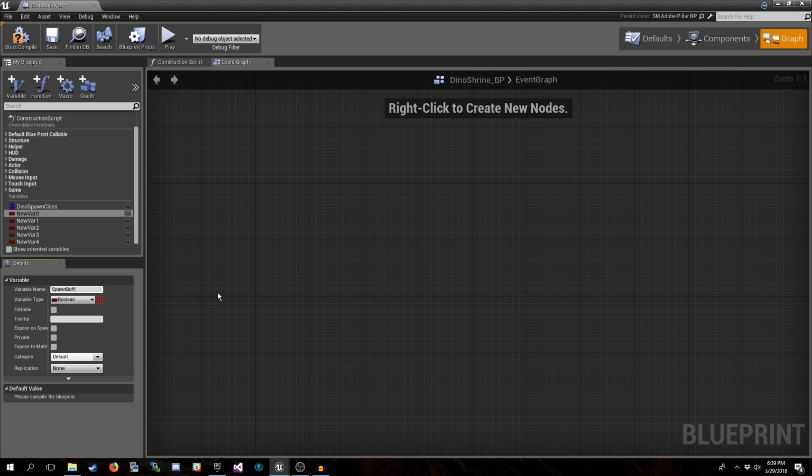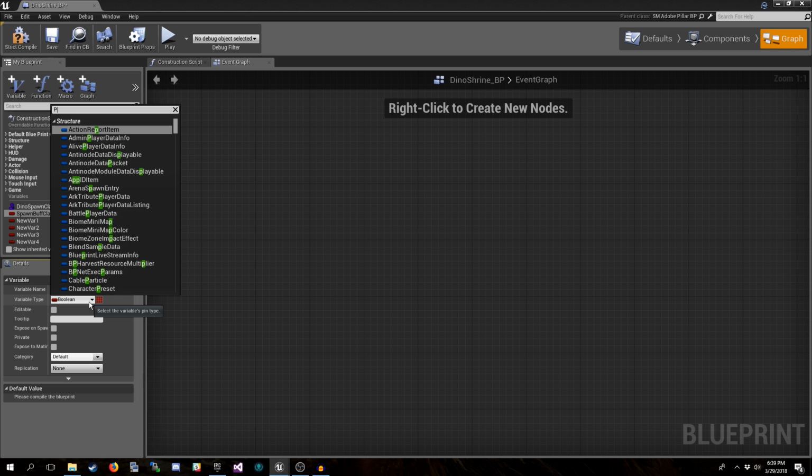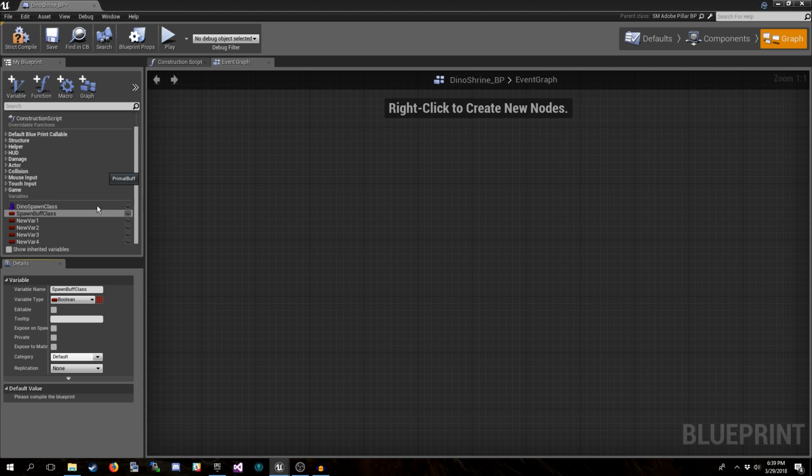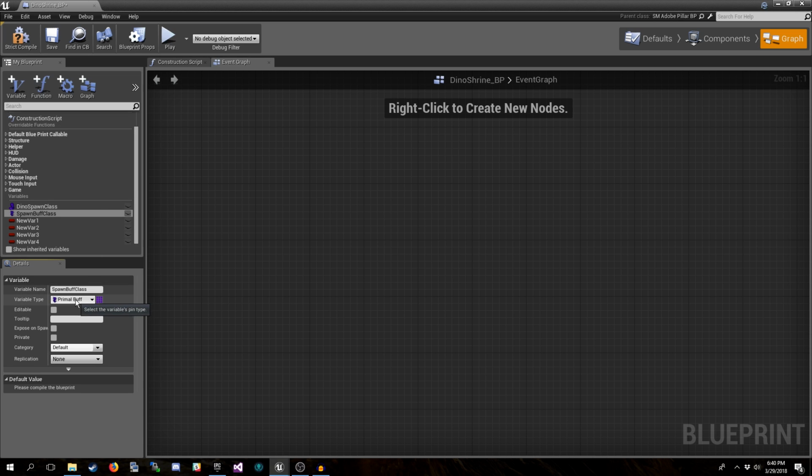We might make a custom buff in the future that does, but for right now, we're just getting the actual logic of the shrine in place. So we'll do spawn buff class. And for this one, we will set the type to primal buff. So any buff type classes can be put in here, any that inherit from primal buff.